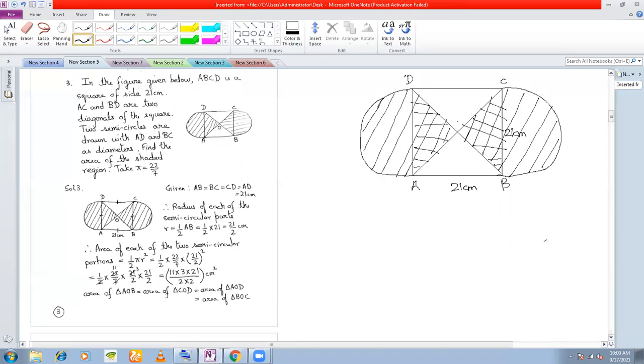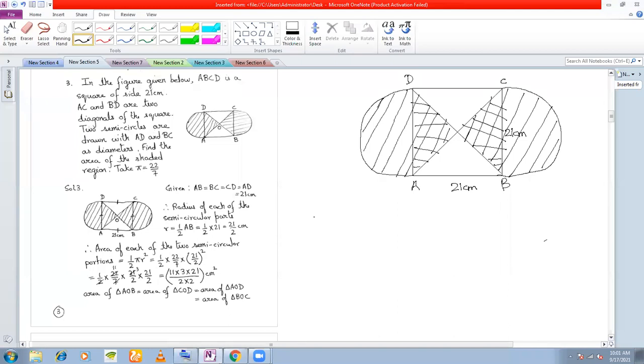If you see the area of the square, you can find out because each side of the square is given. Also, what you see is that the square is divided into four triangles, right? So each triangle will have equal area. That means what is the area of each triangle here? Area of each triangle will be 1/4 area of the square. So therefore, what should be the area of the two shaded triangles inside the square? It should be 2 into area of each triangle, right?